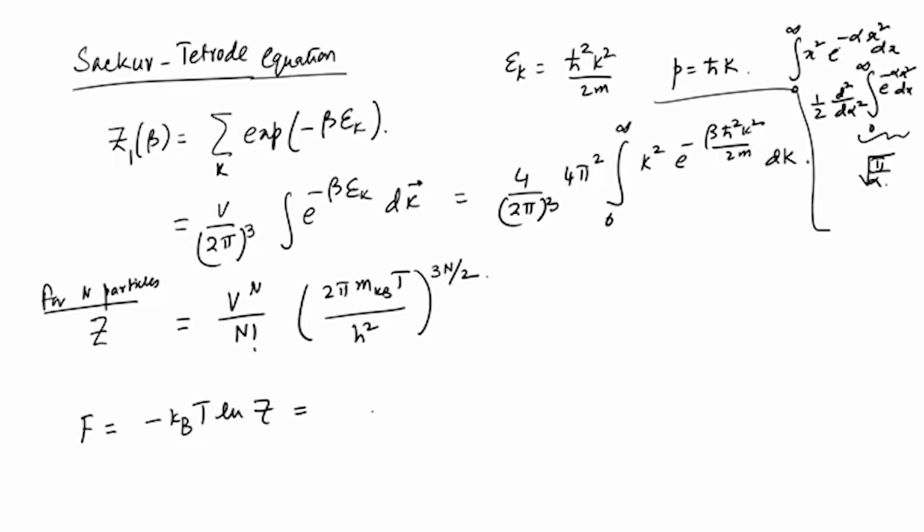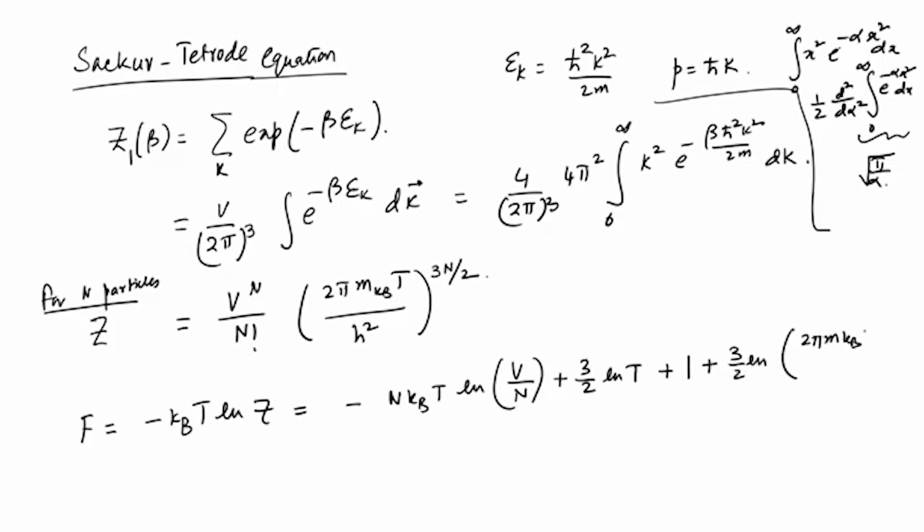the free energy is, which comes out as minus N k T log of V over N, plus 3 by 2 log of T, plus 1 plus 3 by 2 log of this, just writing it, taking this log and so on, and there is an h square, and there is a big bracket here. So, that is the free energy that one gets, and you can also write down the entropy, which you